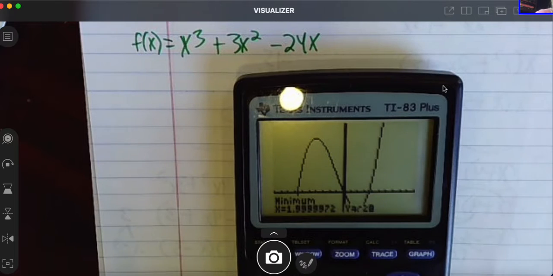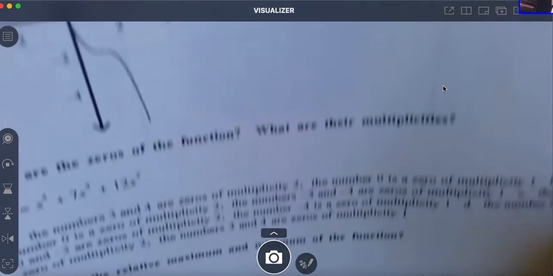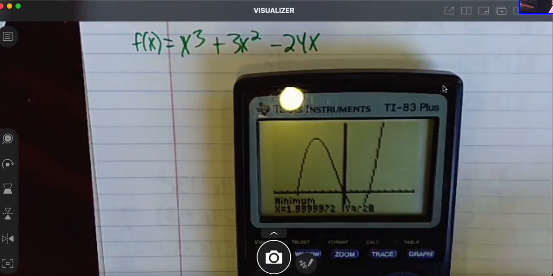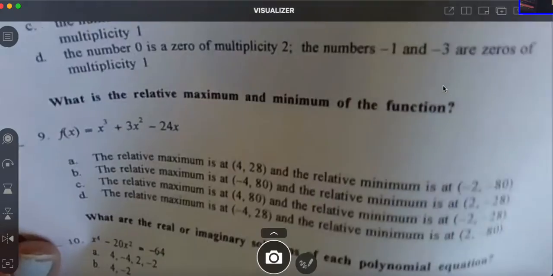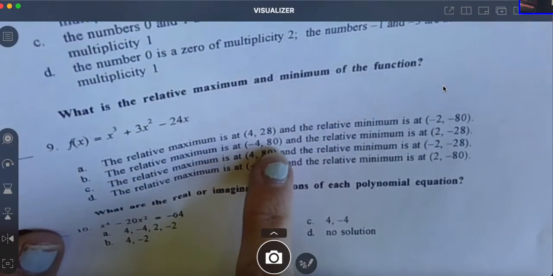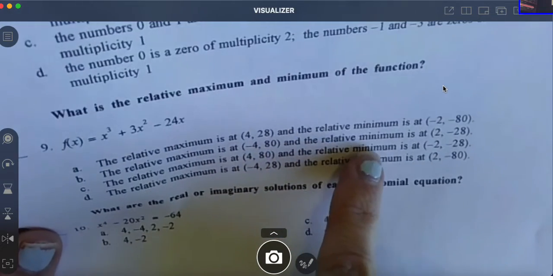Okay, then the last, am I on the last problem? Show us what the answer choices were. Yeah, I'll show you what the answer choices looked like on that one. Wait, that's your quiz. The relative maximum was negative 4,80, and the relative minimum was